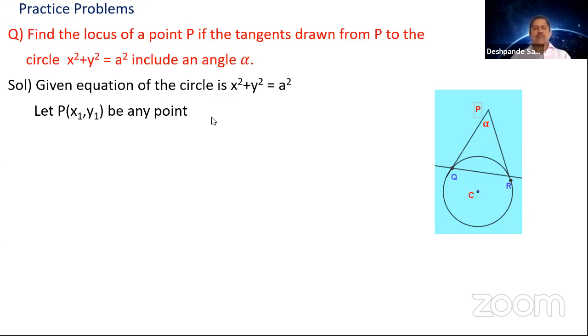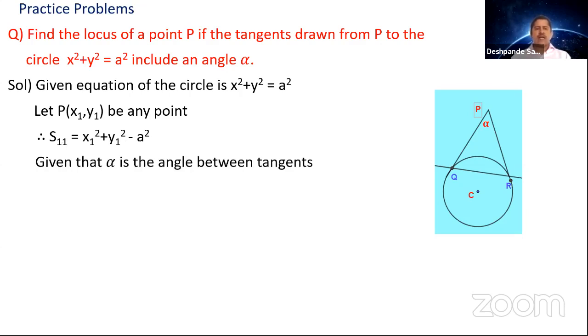What is given in the problem here? The equation of the circle, x square plus y square is equal to a square. Now take the point P as x1, y1 and the angle as alpha, because it is already given that the angle is alpha. Once you take the point as x1, y1, what is S11? S11 is nothing but, in place of x you put x1, in place of y you put y1, and bring everything to one side. So it is x1 square plus y1 square minus a square, not equal to 0 here. Simply it is S11.